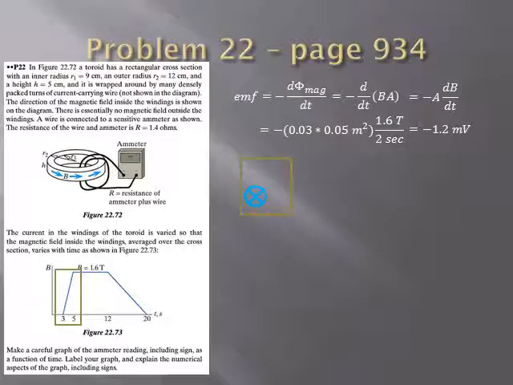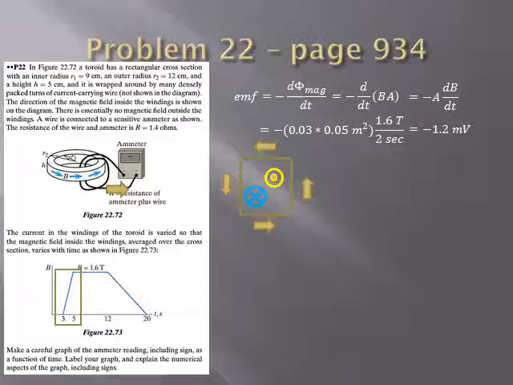So how do we get the direction of our curly electric field in our wire? Well, according to this rectangle, the B field points into it based on this picture, or if you're looking at the loops of wire that attach to the ammeter, they're looped this way like the square. And the B field starts out small and gets larger. So in order for it to do that, delta B has to also point into the page, and I want a negative dB/dt, and that has to be out of the page. And if I point my thumb in that direction, I get a curly electric field that goes this way